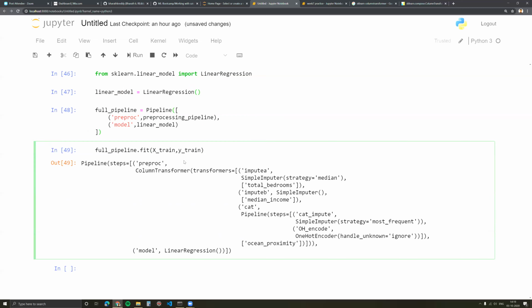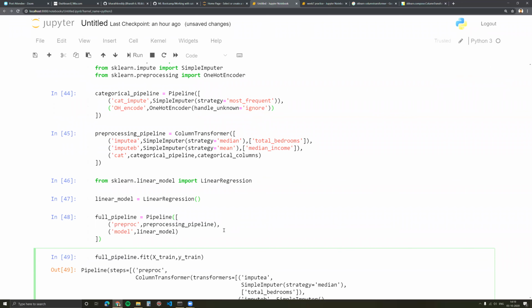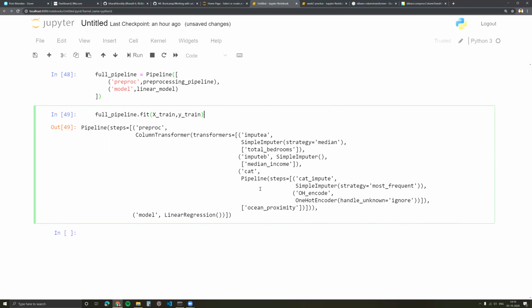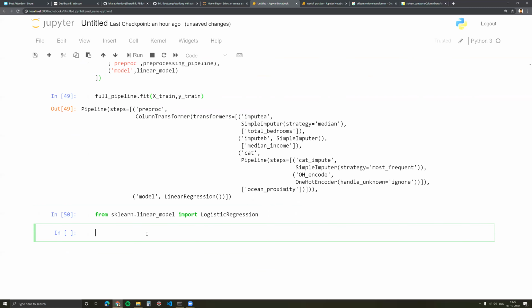Now why is this beneficial compared to doing all these steps one by one manually and then putting a model to it? Imagine each time I change the model I need to run through all those steps again. Now all I can do is, from sklearn import LogisticRegression.